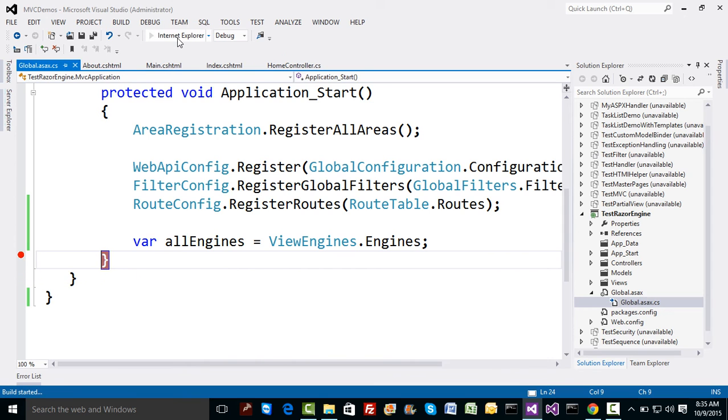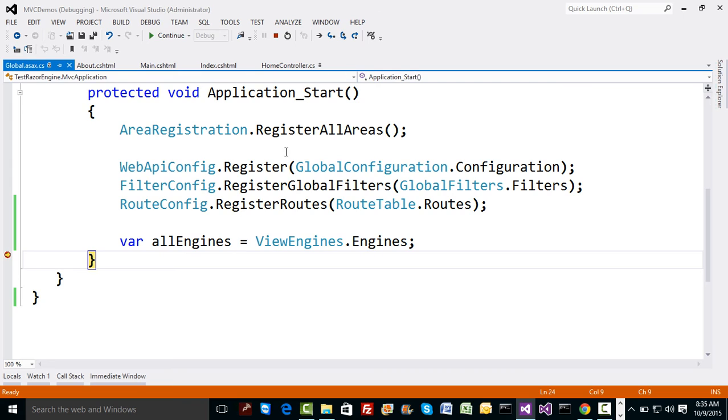When you start the code the first time, it will always break into application start, and under application start, as you can see, there are two engines available for my application right now. First engine is called webform engine, and second one is called Razor engine. So whenever we use .aspx pages, which means we have used webform engine, which is internally using ASP.NET engine only to render the full and final pages. Razor View engine, which means pages with the extension CSHTML, is the engine available since MVC 3.0,